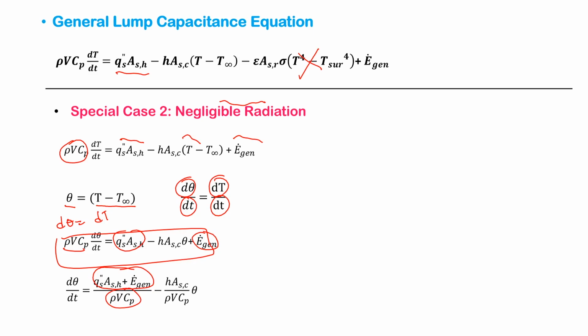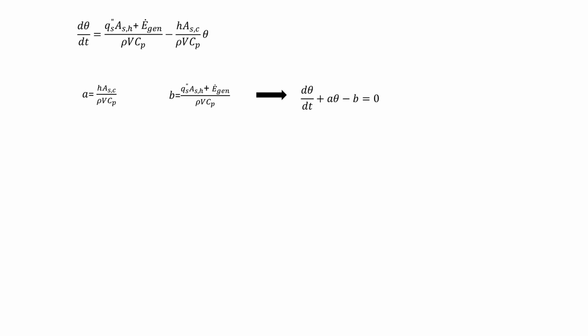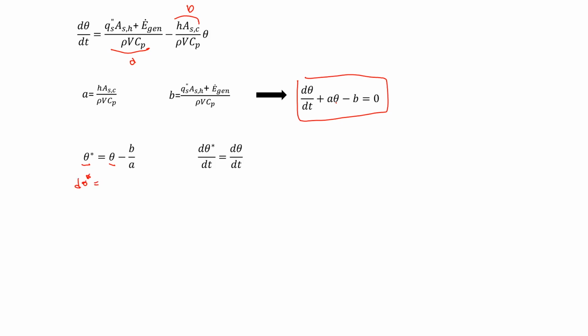If you take a look at this equation more carefully, we have a constant here, A, and another constant here, B. So the form of the equation is d theta by d time equals minus A times theta minus B. This is an easy integration to do, so we can do one more substitution, and we can call theta star as theta minus B over A. So that means d theta star is equal to d theta. With this substitution, our equation will become